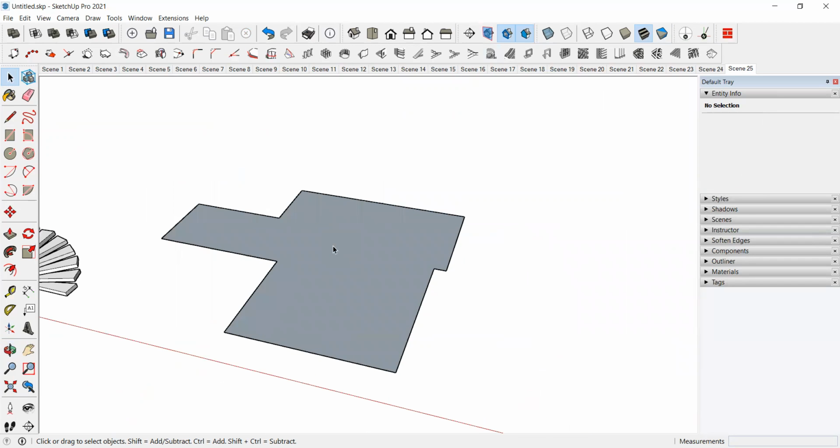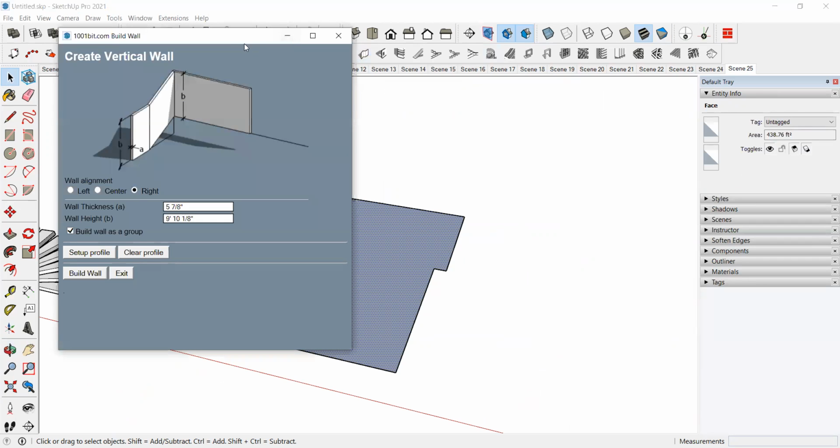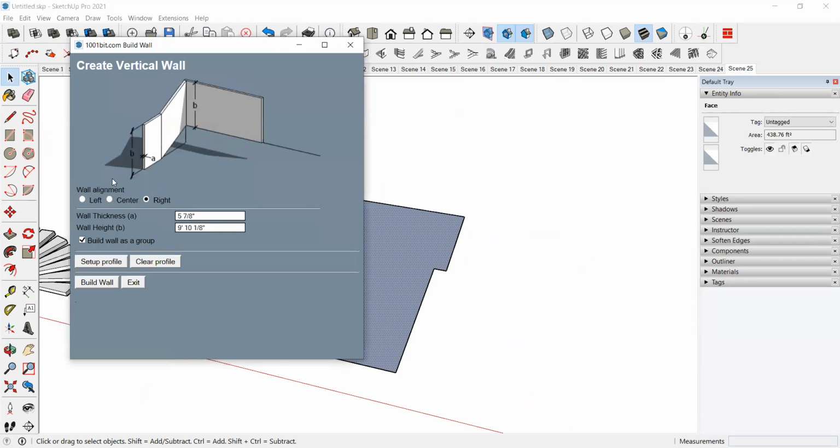So next one is creating walls. So we no need to make groups and all. So by default we have options, so you must have first basic plan there. So if you have this boundary face, so we have here build vertical walls. So if you go inside, you will have more options in updated versions.